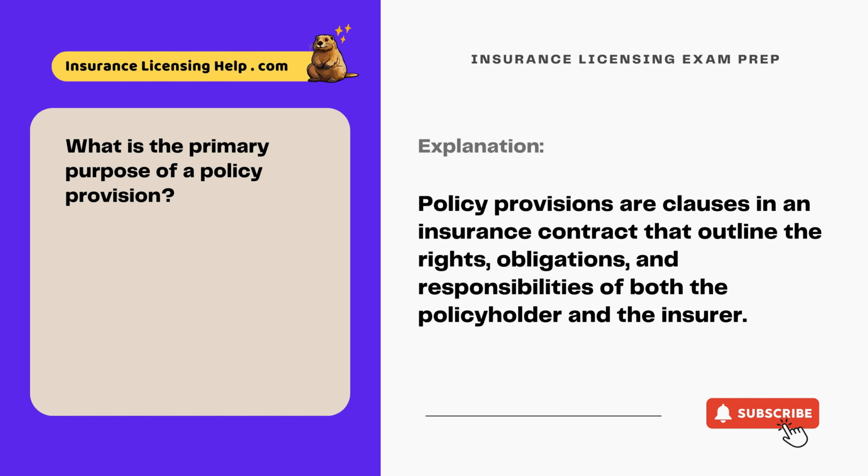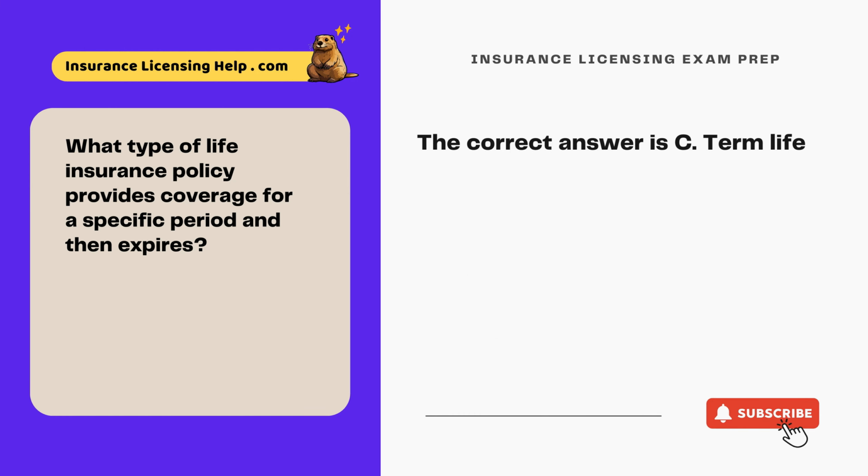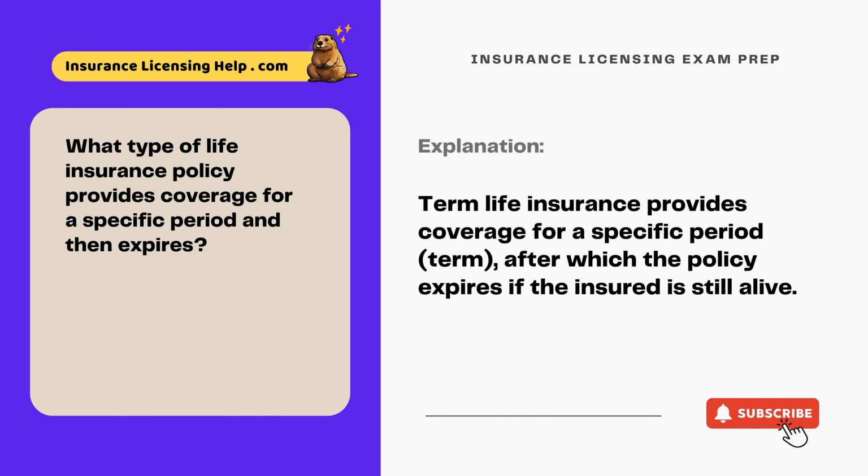the insurer. What type of life insurance policy provides coverage for a specific period and then expires? A, traditional whole life. B, interest-sensitive life. C, term life. D, annuities. The correct answer is C, term life. Term life insurance provides coverage for a specific period, term, after which the policy expires if the insured is still